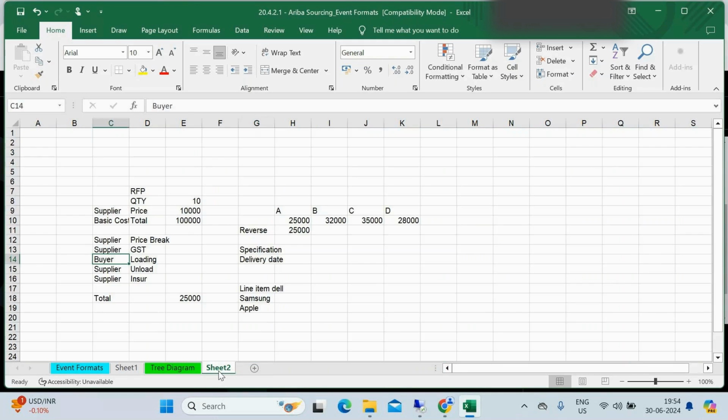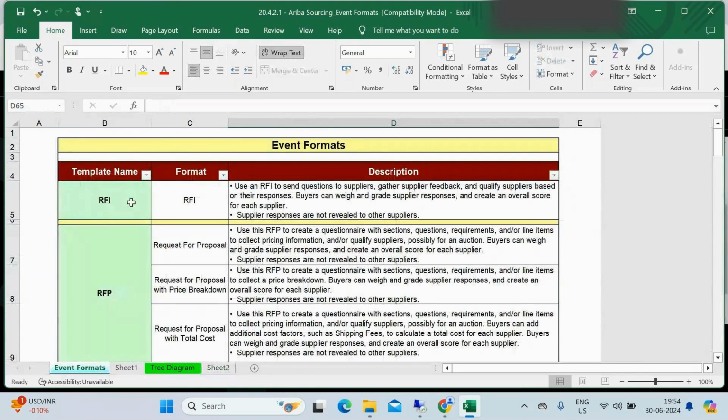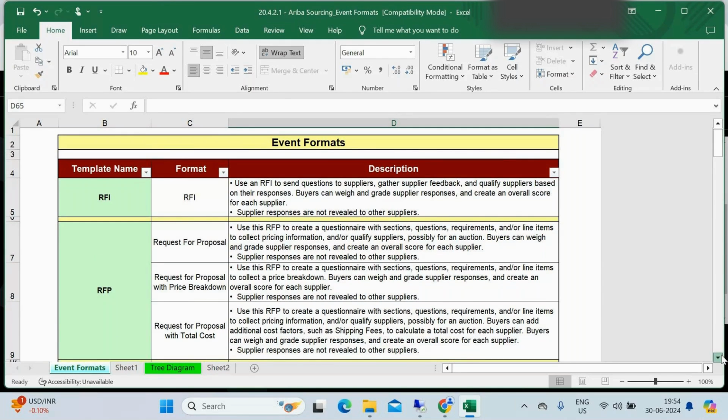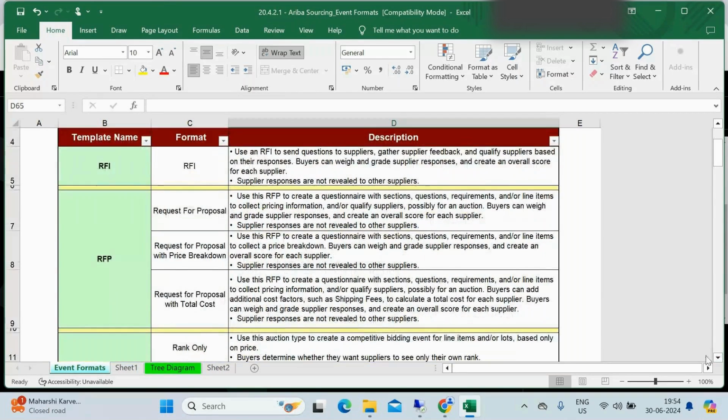We will directly go and check how it looks, and what the key factors are to create an event. For that reason, what basic understanding is required, how Ariba will help you, how to register a supplier, or how a supplier will onboard for any event. These are the basic things. I have given just the formulas here. If you want to understand what RFI and RFP are, we have all the explanation. I'll share this Excel with you, and later you can check it. Request for proposal, price breakdown, total cost, all these things are here formula-wise.